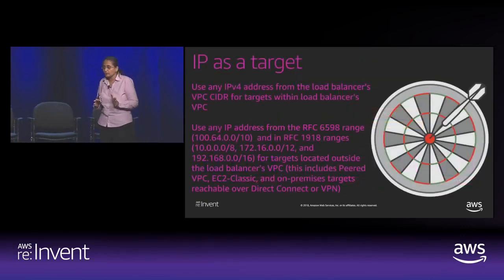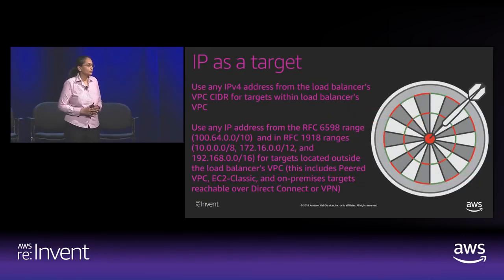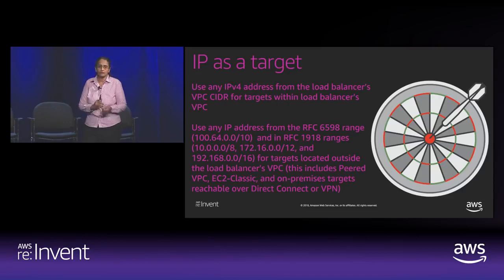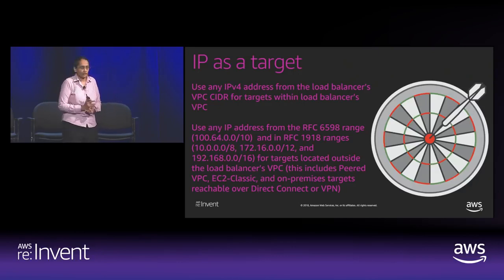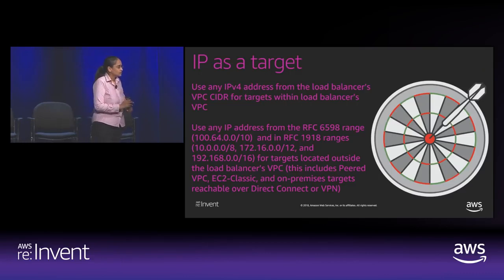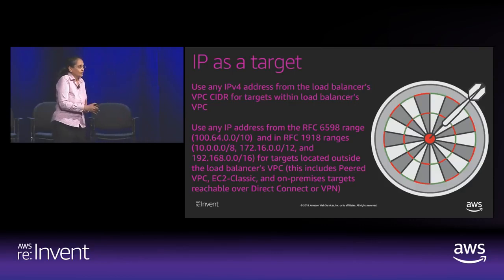I just want to go a little bit deeper on IP as a target because this is a new thing that we launched this year. Prior to IP as a target, you could support EC2 instances and containers behind your load balancer. With IP as a target, the target can be any IP. That IP can be sitting inside your VPC, it can be classic link connected, it can be in a peered VPC, or it can be on-prem, and we connect to that on-prem IP using